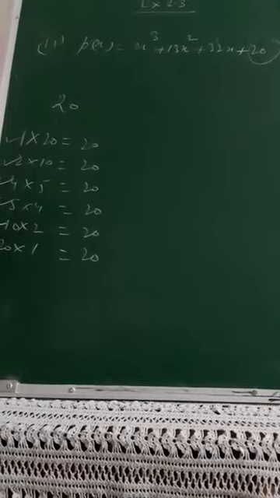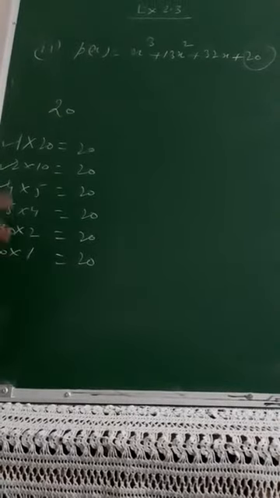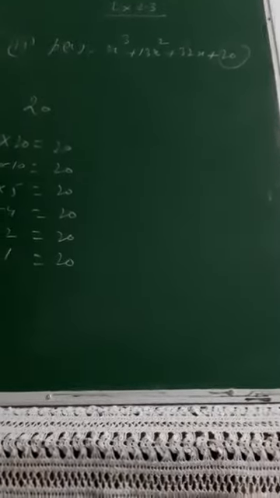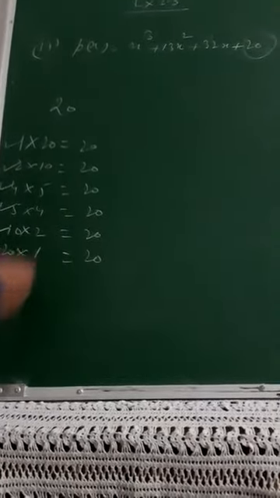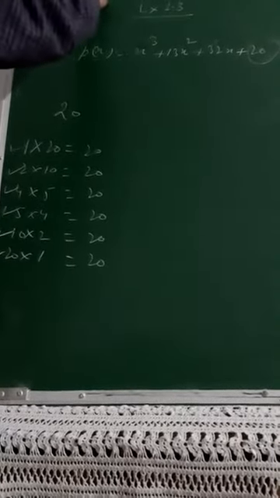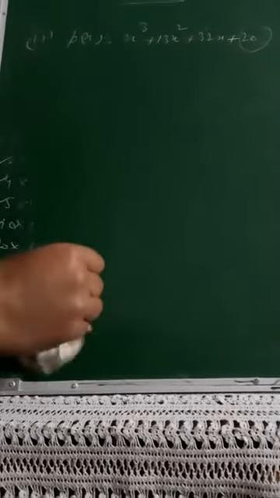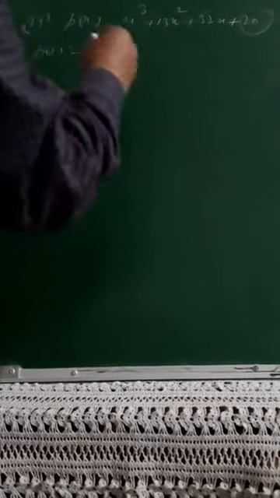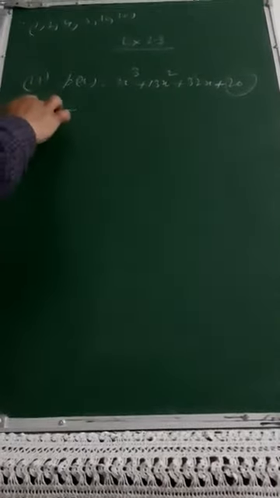So there is a provision to find out what values we need to check. Means I have to guess out of which. So these are the values which you can guess to make this polynomial equal to 0. Make a note of that somewhere in your rough marker: 1, 2, 4, 5, 10 and 20. So suppose I am putting P(1) here, then let us see what happens. All are positive. I know that is useless because it is not going to be 0 anywhere, so please avoid that situation.